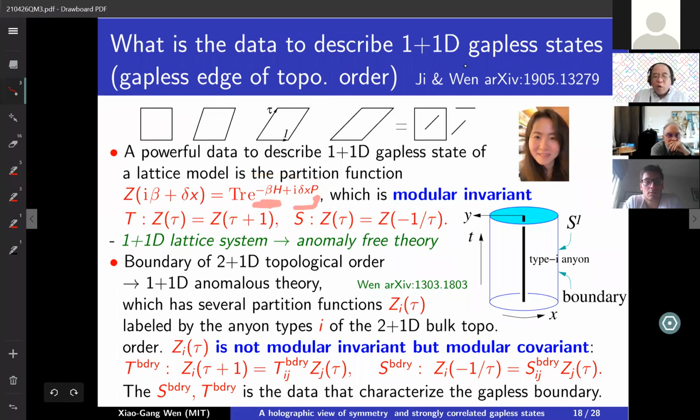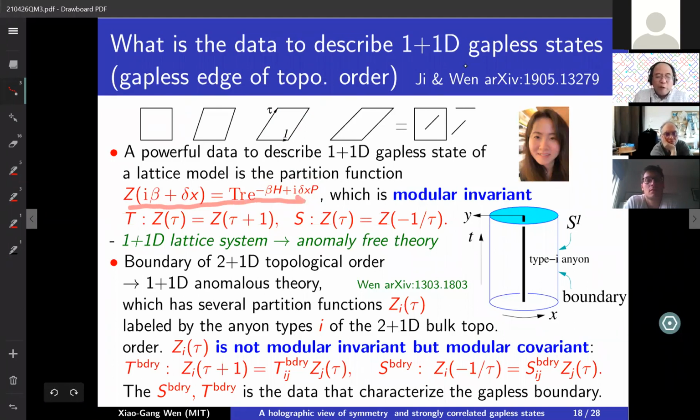But here we include the translation in space by the momentum operator. So we have this shear deformation, translation in space. This combination of time and spatial translation is called tau. So this parameter is tau. And usually in a 1+1 dimensional gapless system, you have a non-trivial partition function,